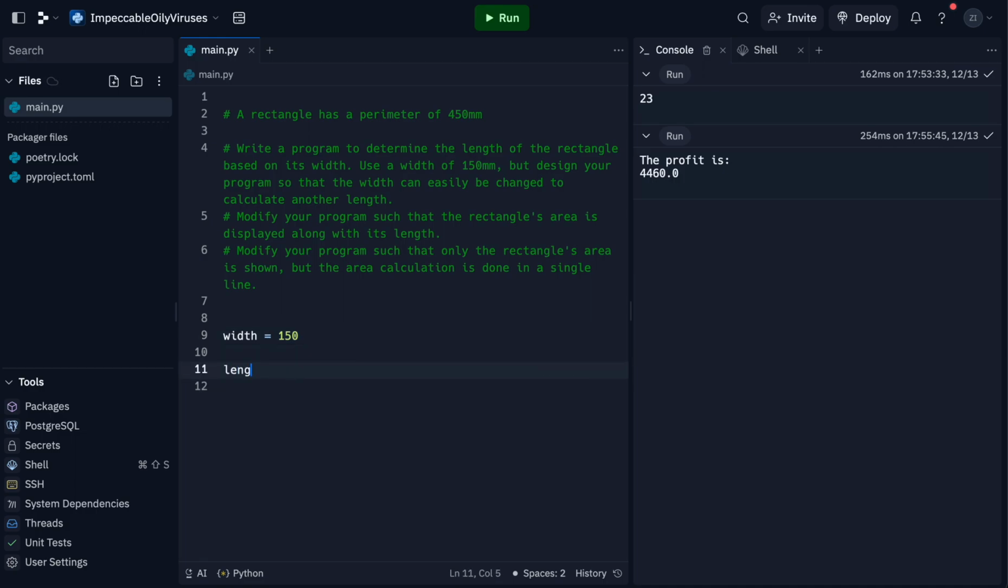Next thing we do is we calculate the length, and so the total perimeter is 450, and we subtract double the width from that, and that would give us both of the lengths. And so what we need to do next is take all of that and divide it by 2, and that gives us the length. And then we can just print out the length is length